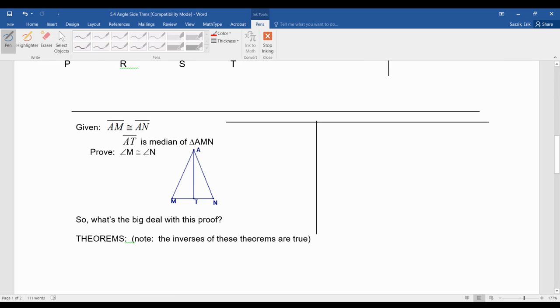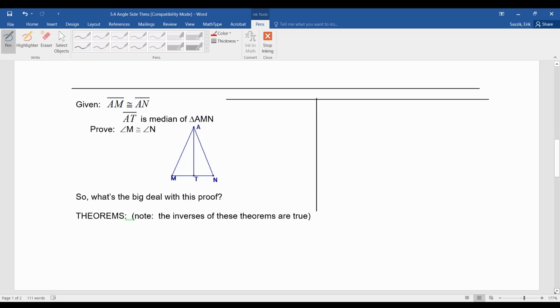All right. Now what you're going to see down here, let's take a look here. We have AM congruent to AN. All right. And AT is a median. We have to prove angle M congruent to angle N. Well,